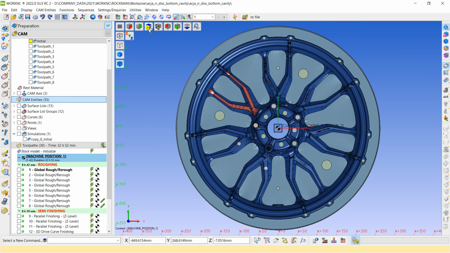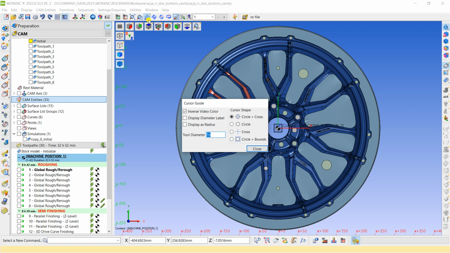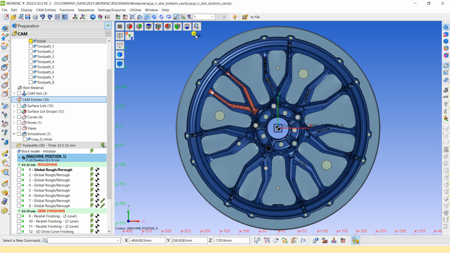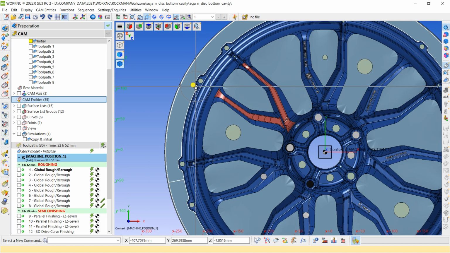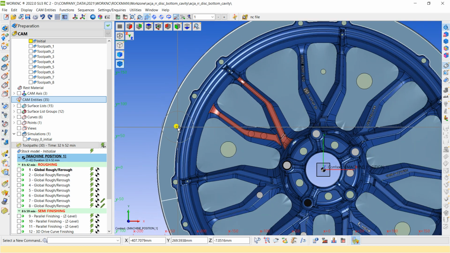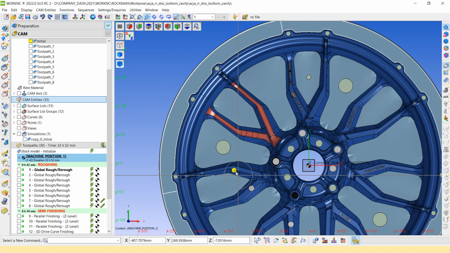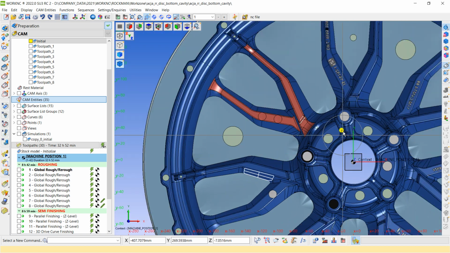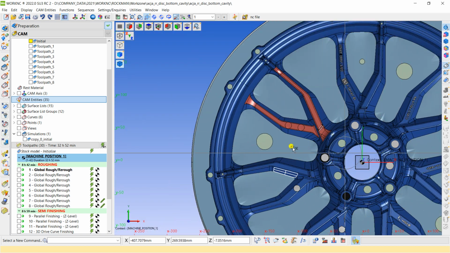After that I am going to analyze which tool performs here with better efficiency. So here is a display cursor guide. I defined the tool here, like 50 mm. As I see here, it will work properly, but it will not go into this rib and this rib also. So I am going to